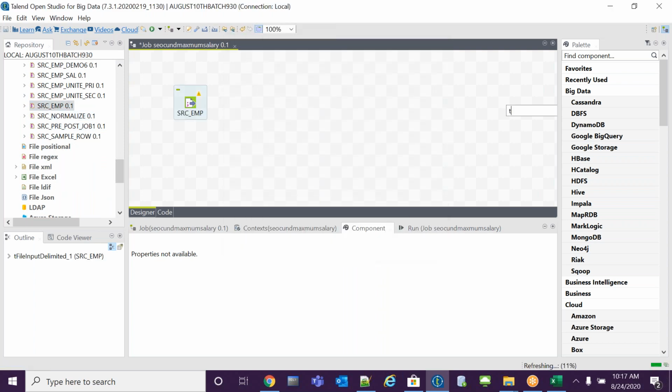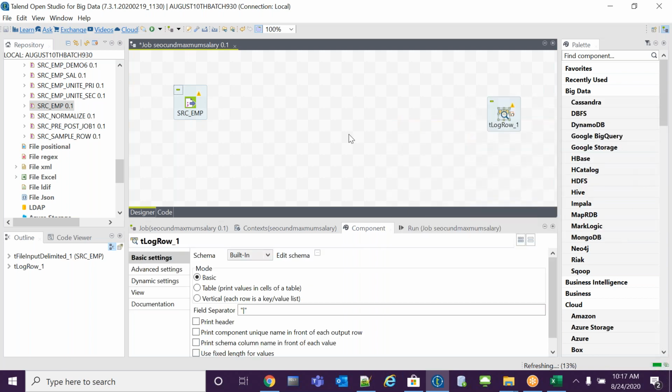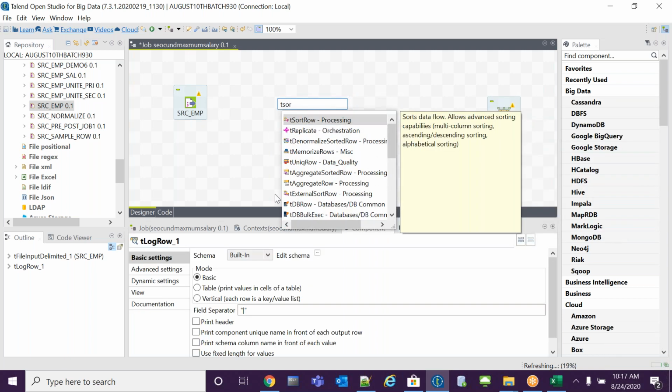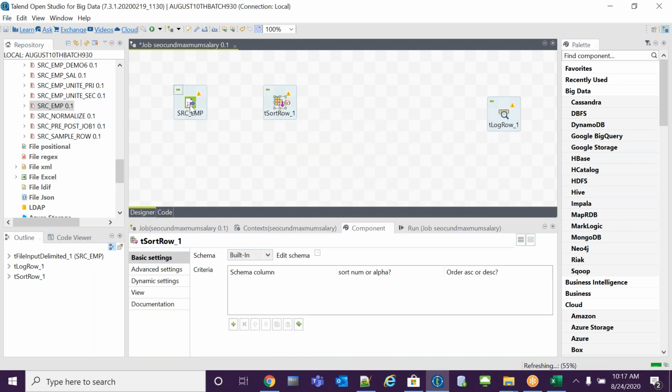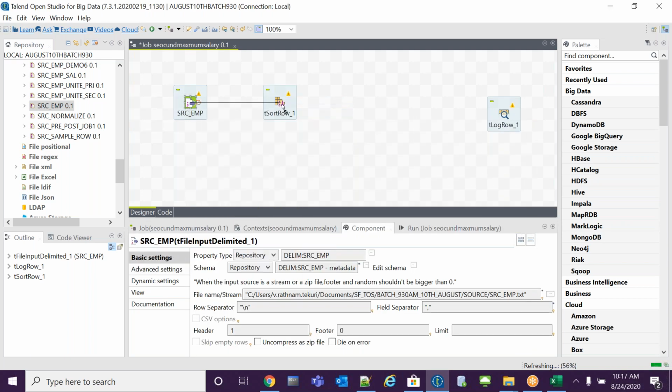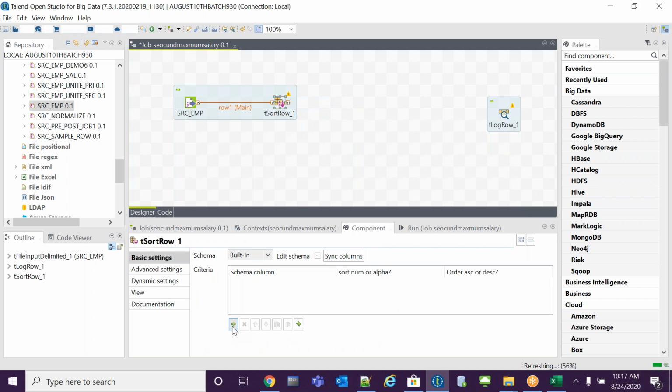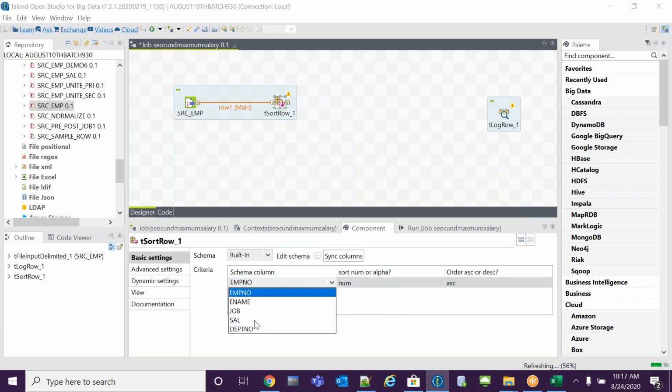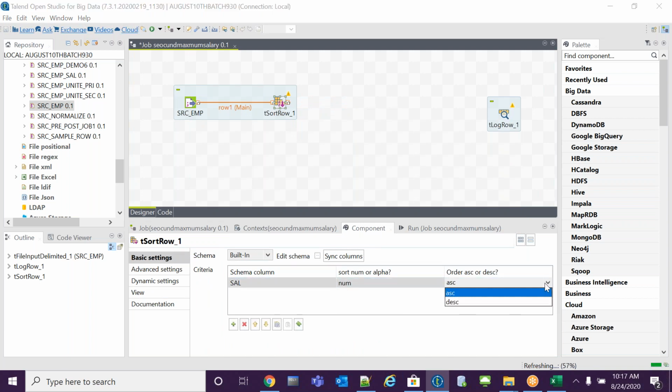Then I will take the target. Team, you have understood, right? T sort row. I will take the T sort row. I will sort the data based on the salary column, in descending order.